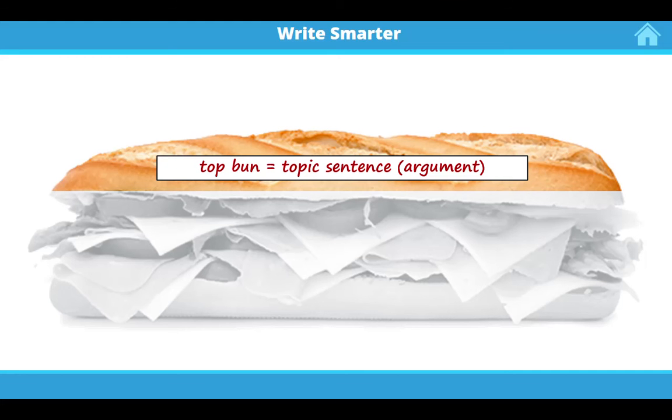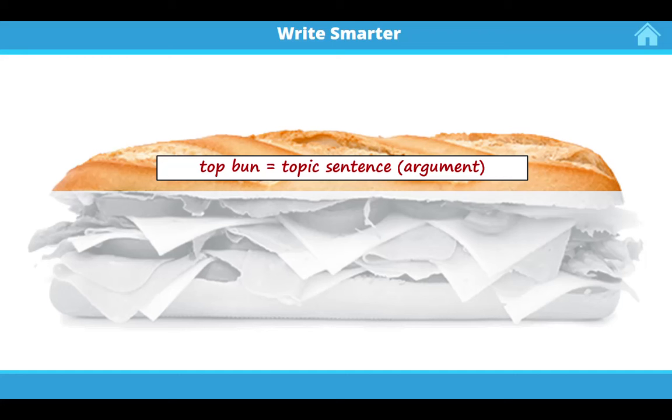So if we look at a sandwich or a burger, the top bun is your topic sentence where you outline your argument. So this is where you give the reader an idea of what is coming up in your paragraph. It is intended to introduce the main topic and sometimes also your opinion, as is the case in